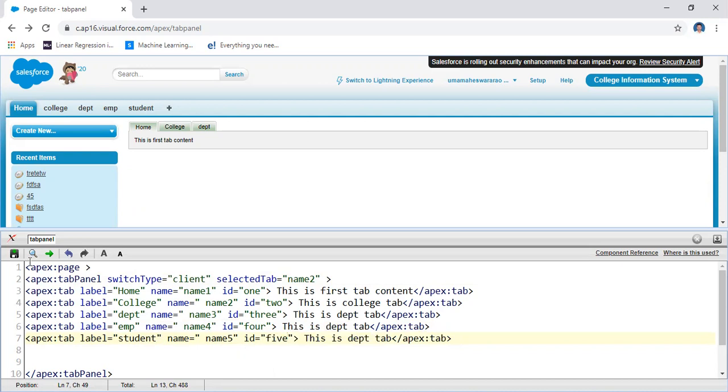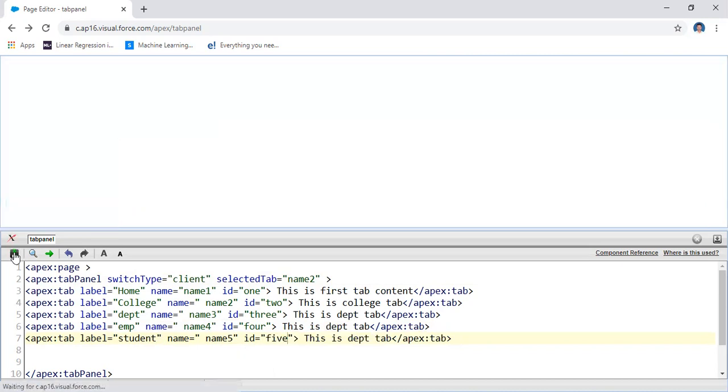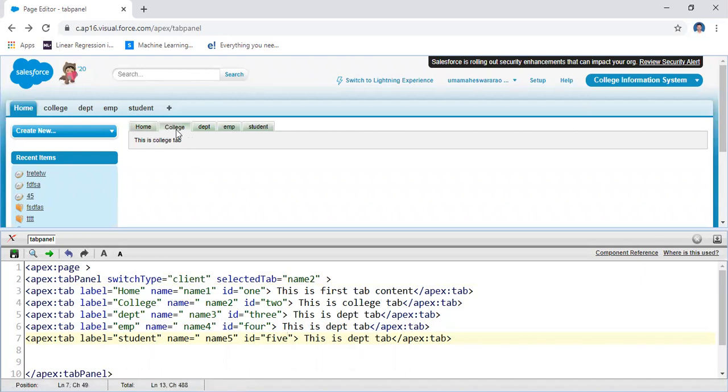If you execute this one, you will create the different tab panels. Here in this area, you will write the labels. For example, if you want to write an input label here, for example, for the college, I am going to write an input tag here. You may write input tags, you may write output tags, like that. You may write different labels also, the content of the labels. Different labels also you may include in between these tags. Okay, thank you.